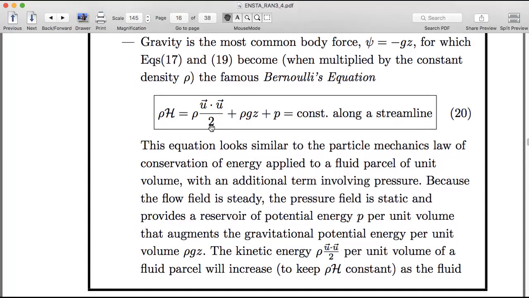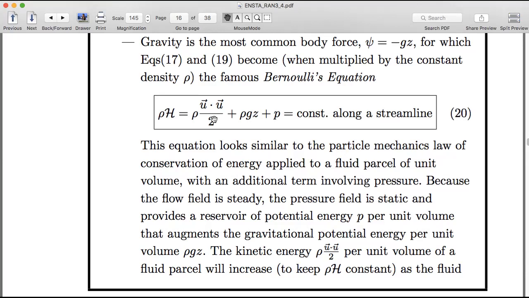If it moves up to its highest point and then stops, it has zero kinetic energy but its maximum gravitational potential energy, and then it falls back down, hopefully I catch it here, and it'll have its lowest potential energy but its greatest kinetic energy as it's speeding down. So that's what this equation is telling us,